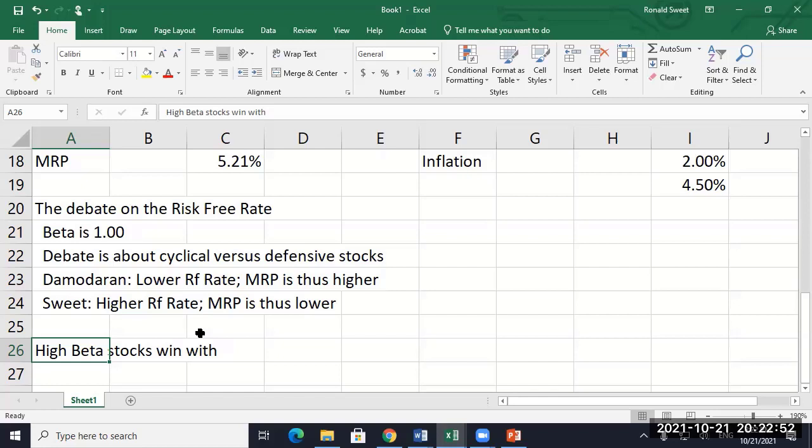It can be material if your beta is above 1.5 or below 0.7. It's probably going to have a 10 to 15% impact on the valuation of your stock. So don't get so much into the weeds here and forget this is academic. It only applies depending on how far your beta is from one. The closer your beta is to one, the less critical this discussion is.